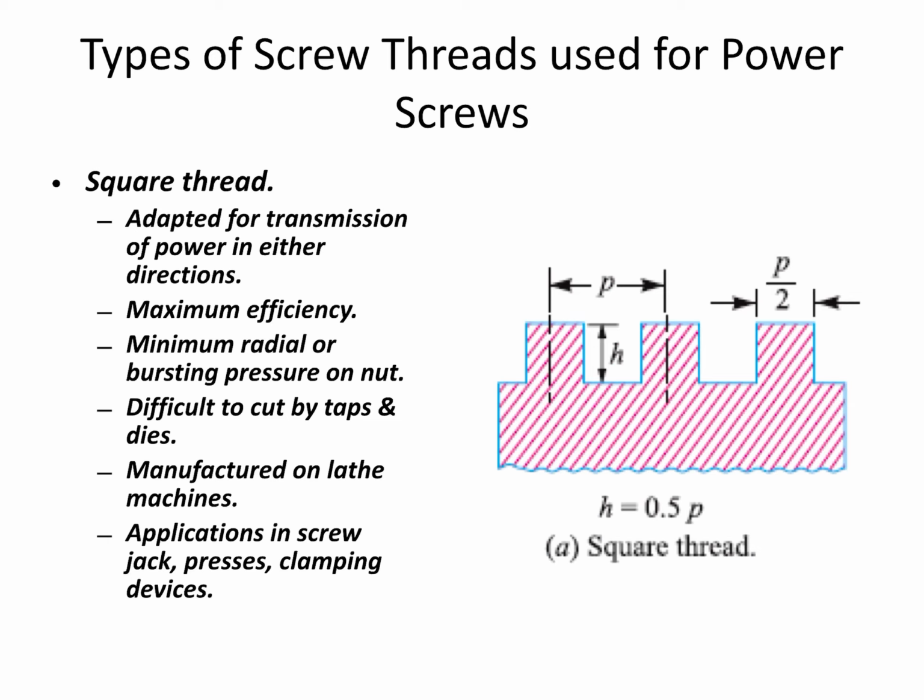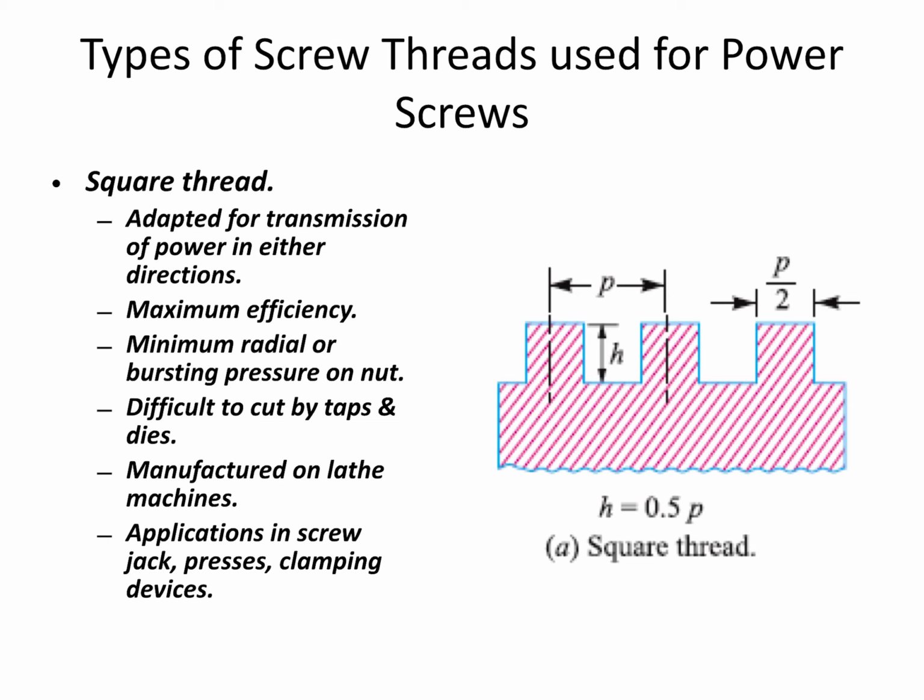So these square threads are adopted for the transmission of power in either direction. If we use this square thread profile, then these power screws can be used to transmit the power in either direction. This type of screw has very good efficiency, we can say the maximum of the three. And it has minimum radial or bursting pressure on the nut. Whatever the force is transmitted, the bursting pressure transmitted on the nut is minimum with this type of